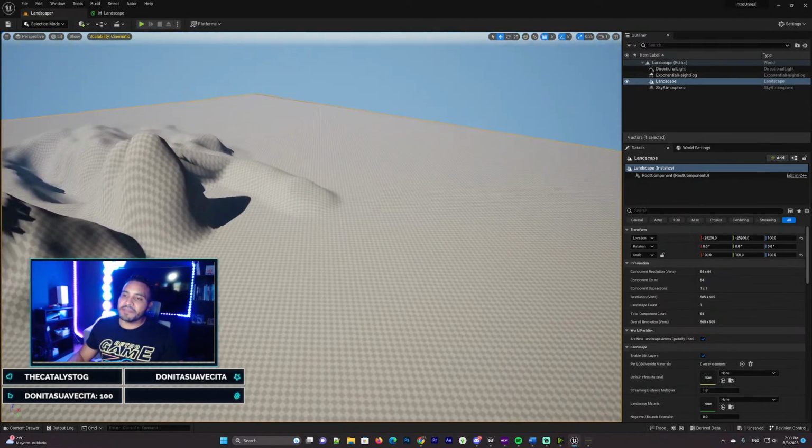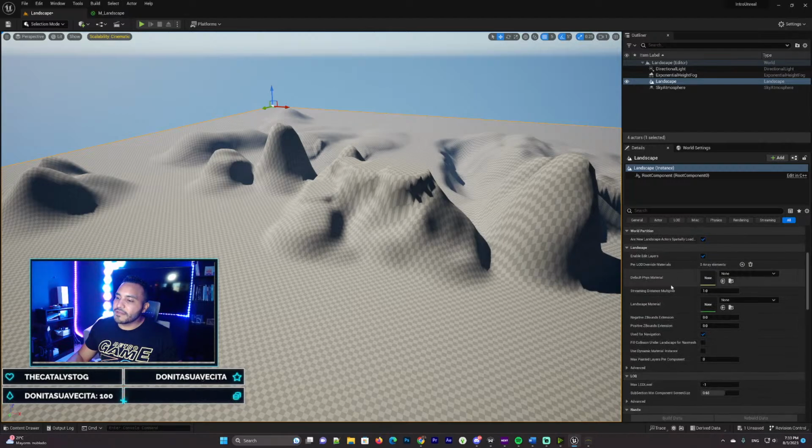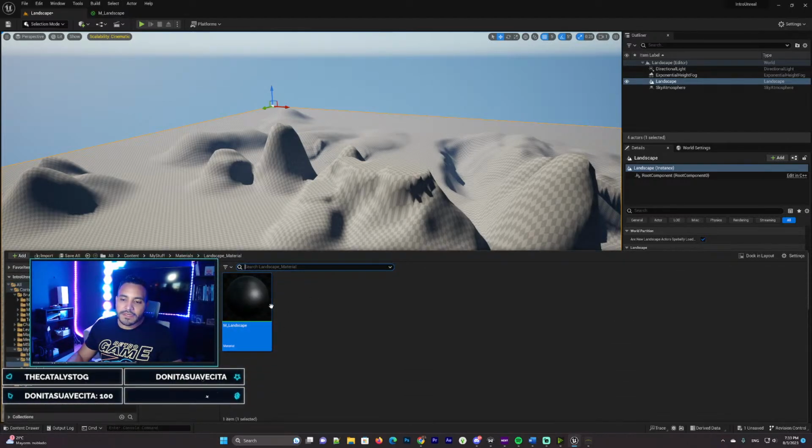As you can see, we have the landscape selected, and it's also selected over here in the outliner. And then if we go into the details section of the landscape, we're gonna find in the landscape section the default material we have for the landscape material, and over here it says none, and we just want to open the